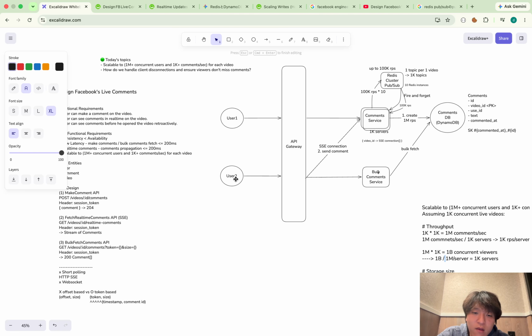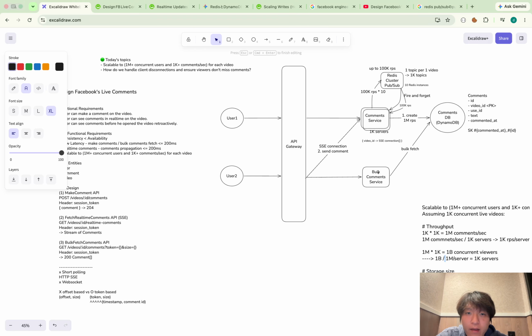So in the middle of the real-time video streaming, basically this bulk fetch comment API is not needed, as long as there are some users who enter the video space and start scrolling up.